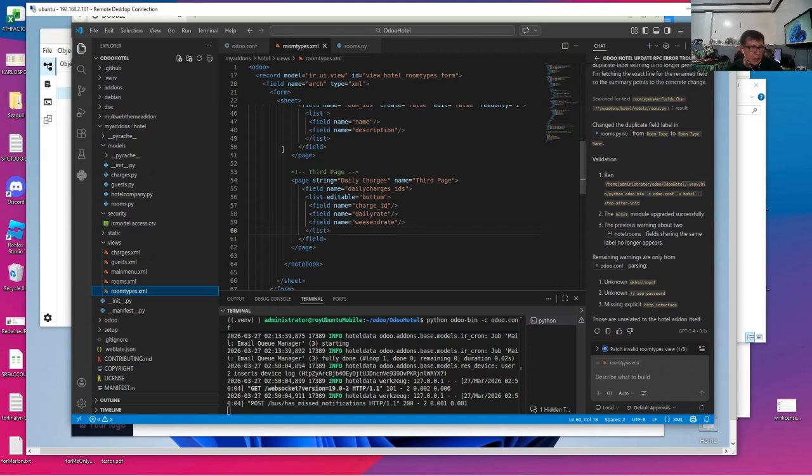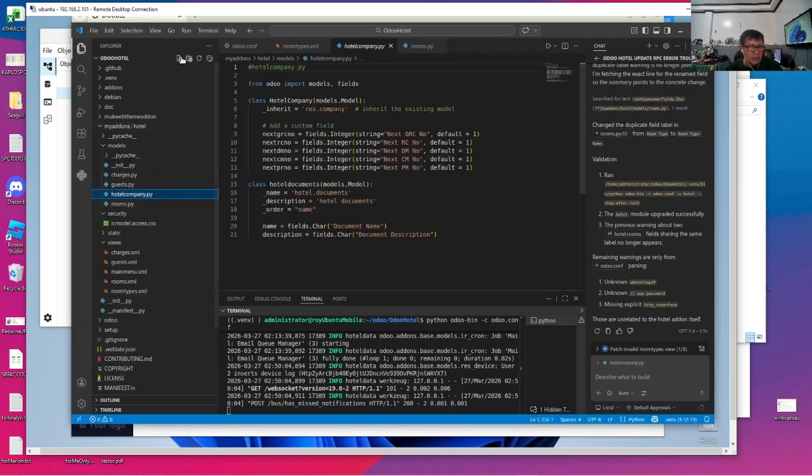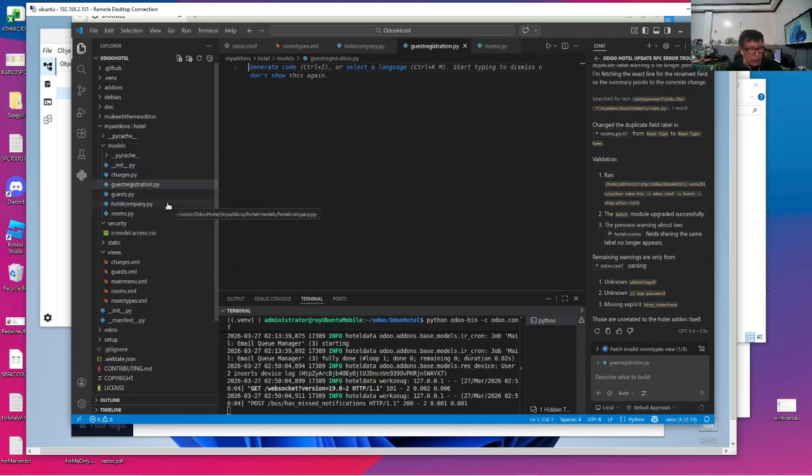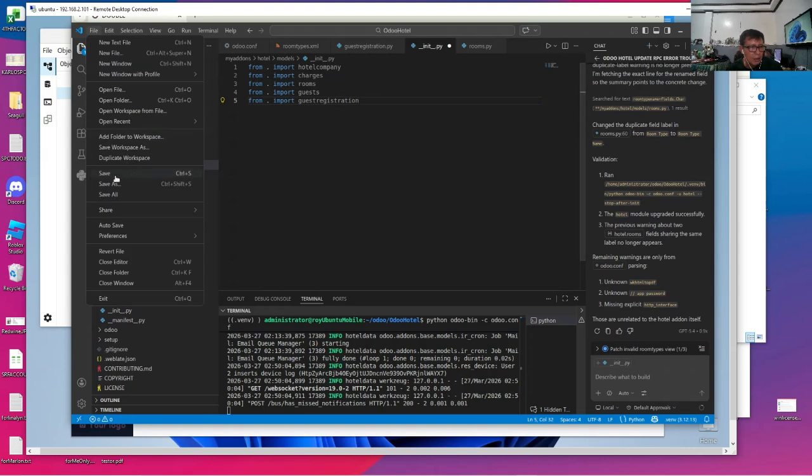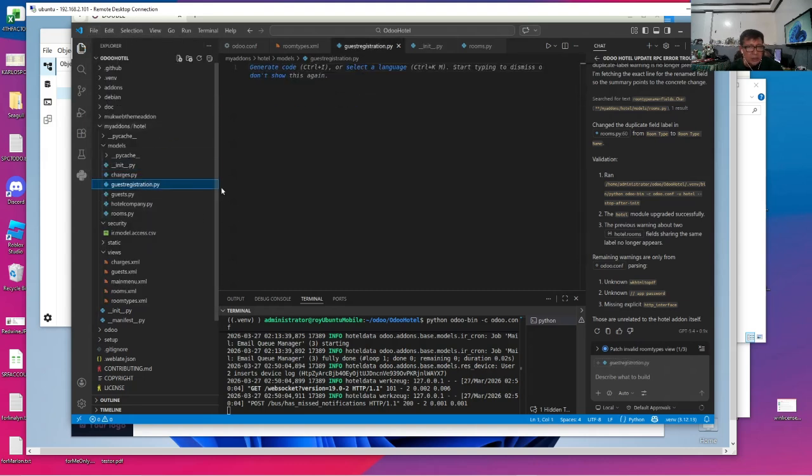The first thing to do is to go to our models folder and create a guest_registration.py, being a model, of course. We'll add the necessary __init__.py entry later, or maybe we'll just add it now so that we won't forget. So we'll copy this. We can also use commas, by the way. Okay, so we'll go to guest_registration.py.